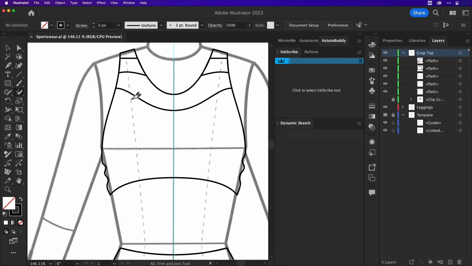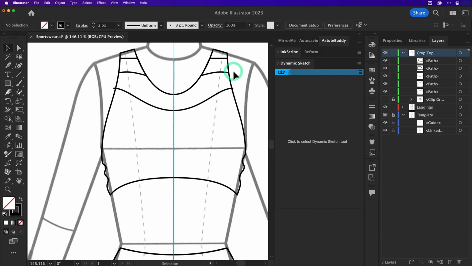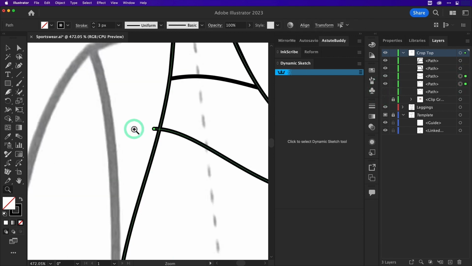What I want to do is cut away the top of the body so it now joins at this chest path. I'm going to select the anchor points and shift it across a tad so it crosses the other lines. Same on the other side, and I'm going to hide the back body piece as I don't want that to be affected. We want to trim and join the copy of the body and the chest path.